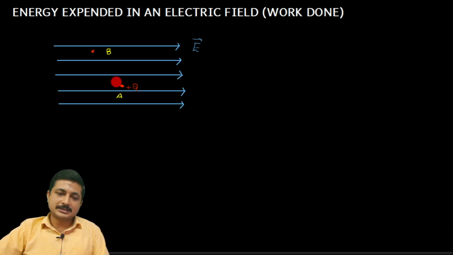Maybe I can consider this as the path of movement. I will consider a straight line path. I will not complicate things. I can move it in some other way also, but I will consider a straight line path from A to B, and consider a very small distance. So this is the path of the movement, and the distance is a small path. Let me call it delta L.